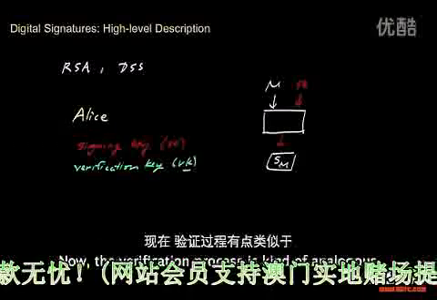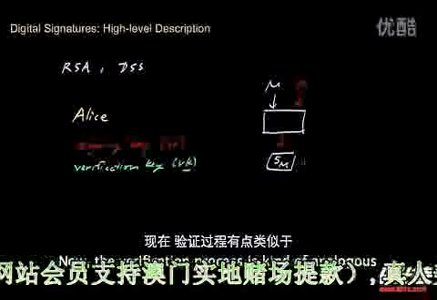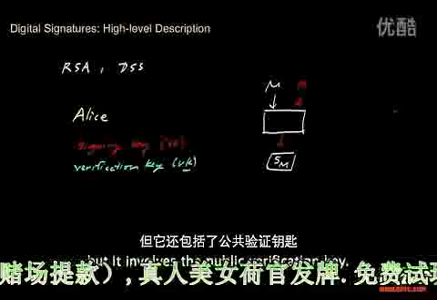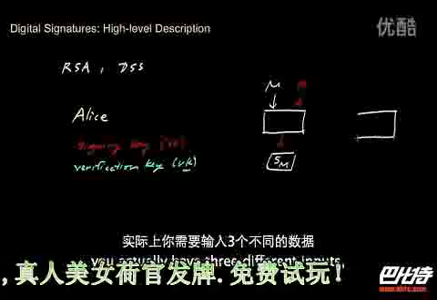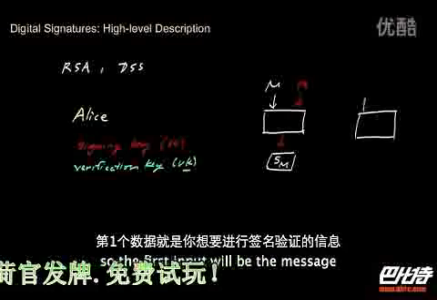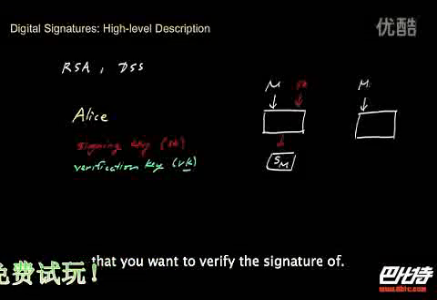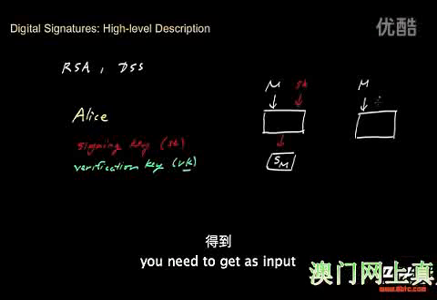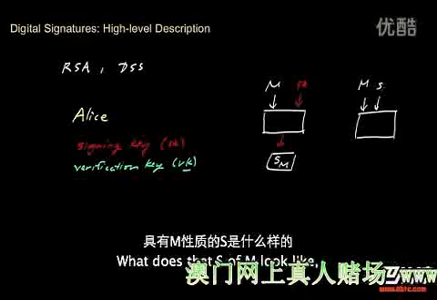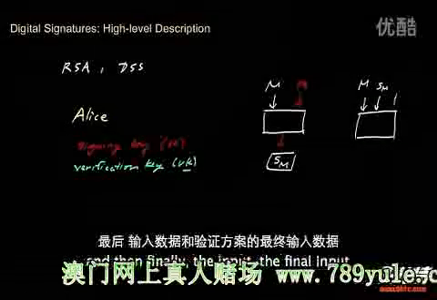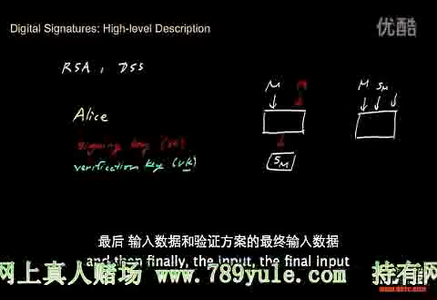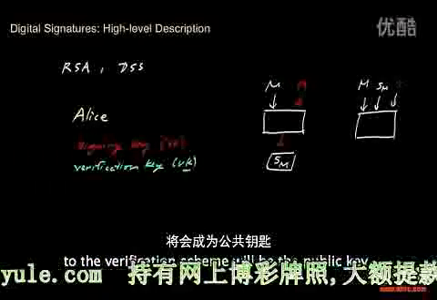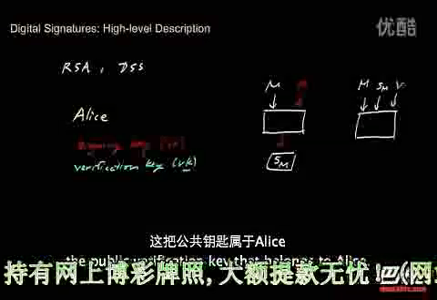Now, the verification process is analogous to the signing process, but it involves the public verification key. In the verification process, you have three different inputs. The first input is the message that you want to verify the signature of. In addition to the message, you need the signature on that message. What does that S sub M look like? And then finally, the final input to the verification scheme is the public verification key that